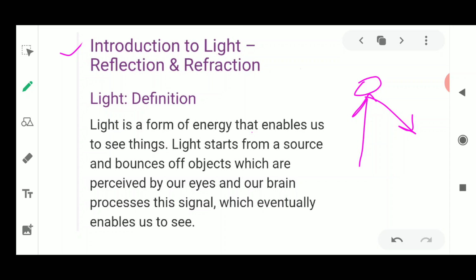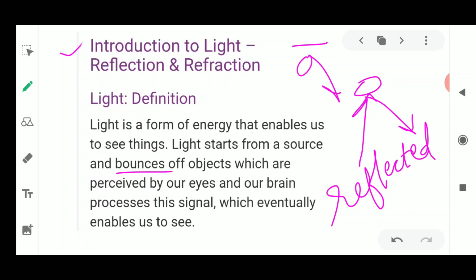The other word related with bounce is reflected. The light will be reflected, it bounces off. As if you throw a ball on a wall, then what happens? The ball bounces off once you throw it. After hitting the wall, it bounces off. In the same manner, if light falls on an object, as soon as it strikes the surface of any object, it is going to be reflected, bounced off. This is studied under the property of light, that is reflection.